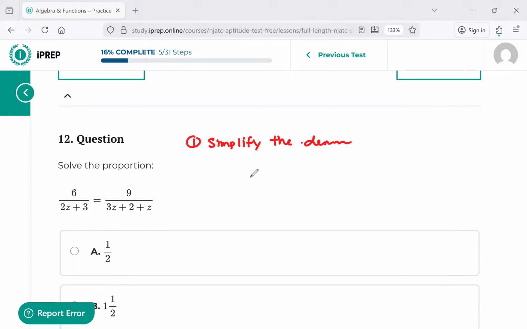So over here we have 6, and over here we have 2Z plus 3. That's all